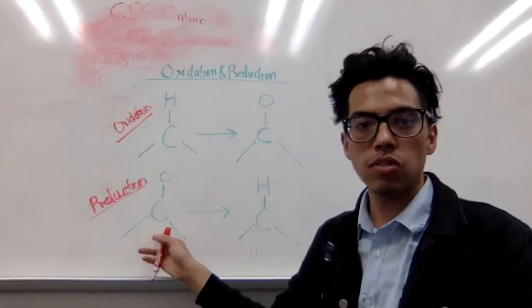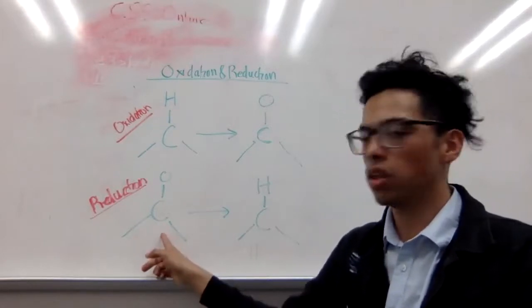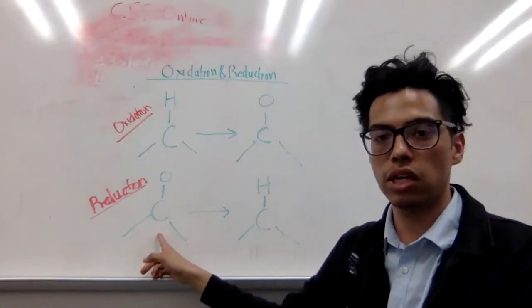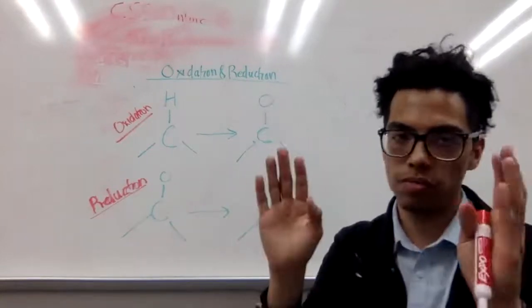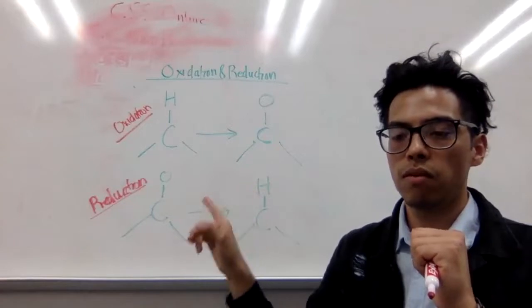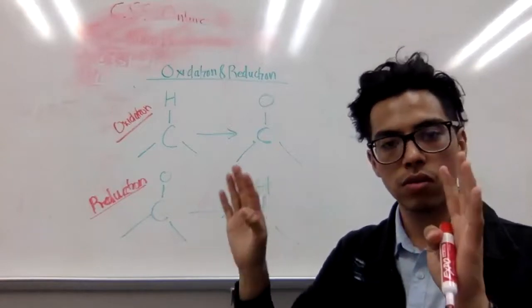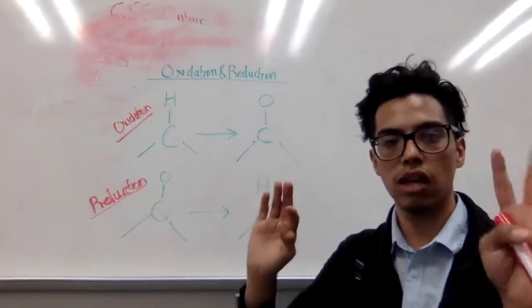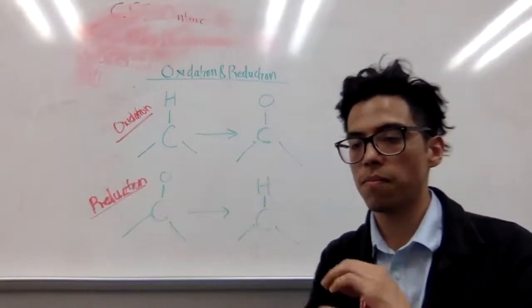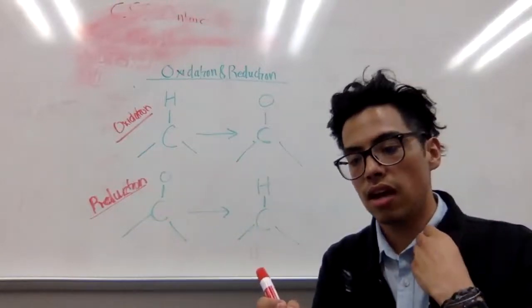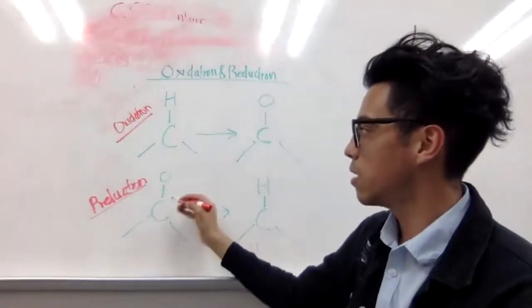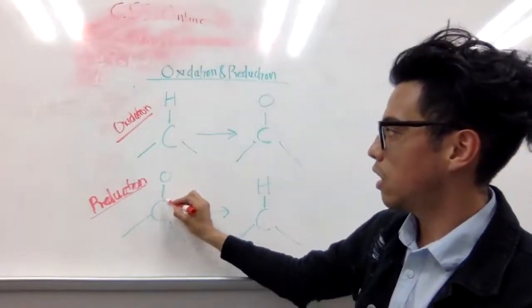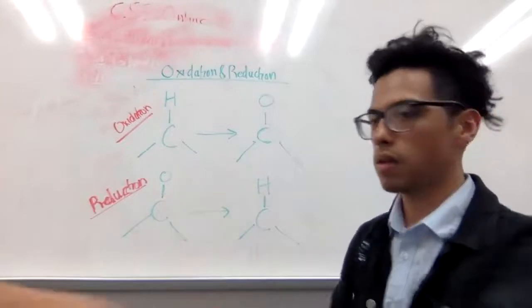In this reaction, this carbon molecule is losing its bond to CO and it's gaining a bond to H, right? Now, remember, this is like unit 1 material, but if you're trying to connect the organic redox reactions and the inorganic ones, the way you can think of it is to think about electronegativity. So for this carbon, instead of the electrons being directly halfway,